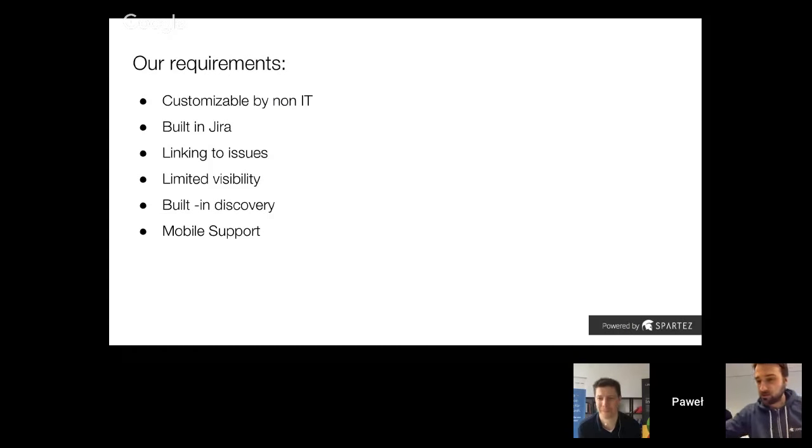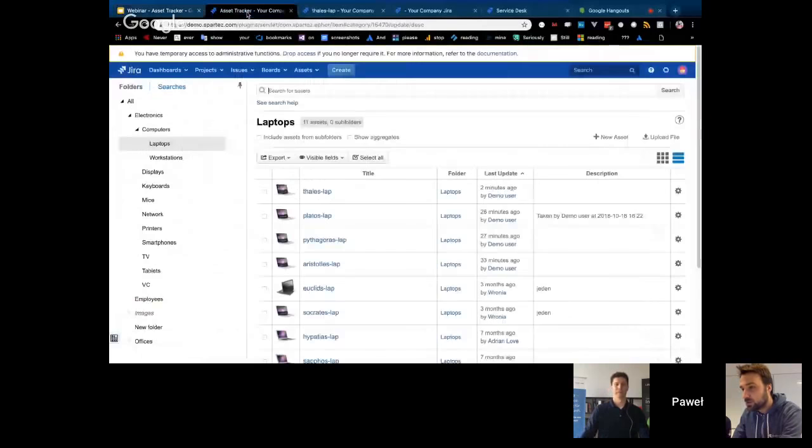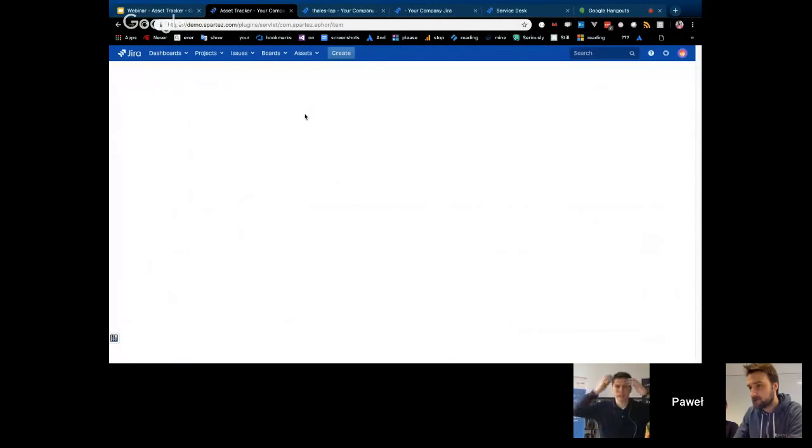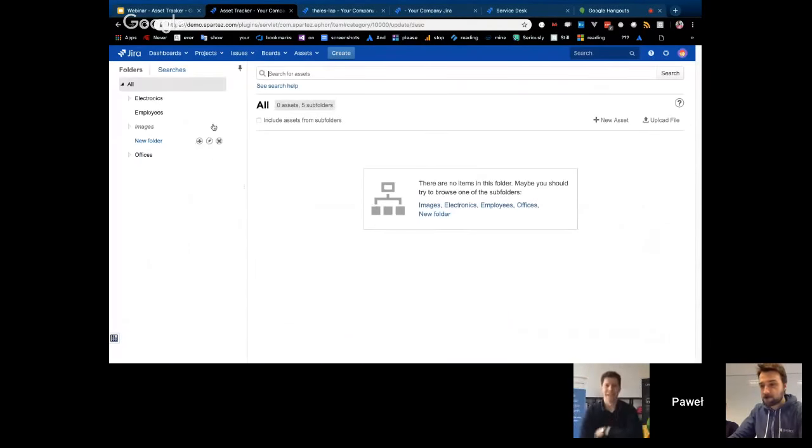Okay, I'm going to switch for a second to my other PC because this is what we see right now. Okay, I'm going to click escape. So what we're seeing right now, I think you can see this. This is our internal demo, our instance on Jira. What you do is you just go to assets, browse assets. Hold on, let me